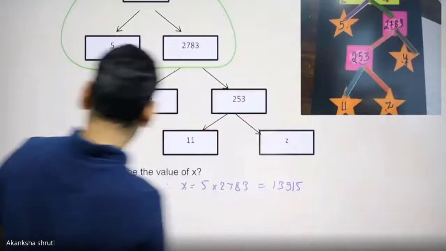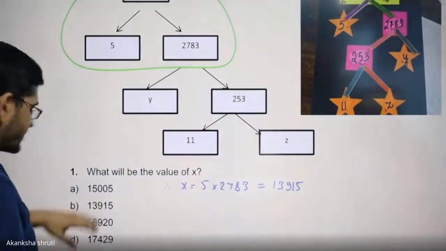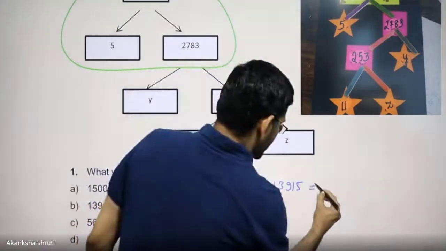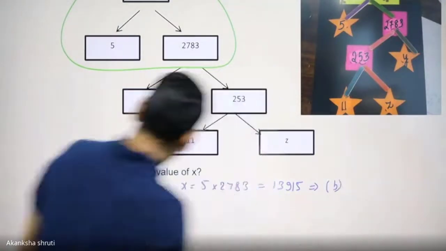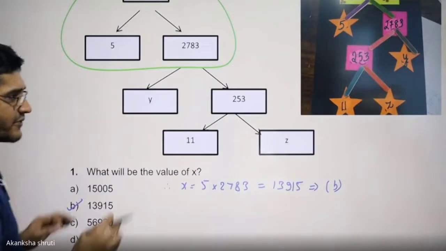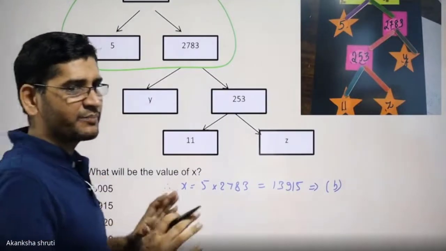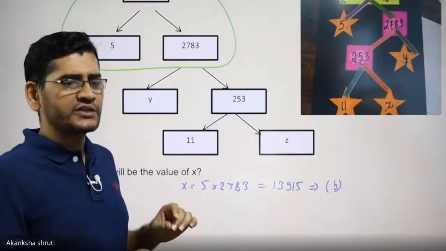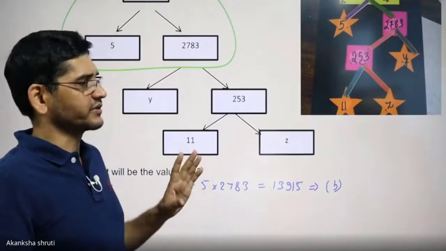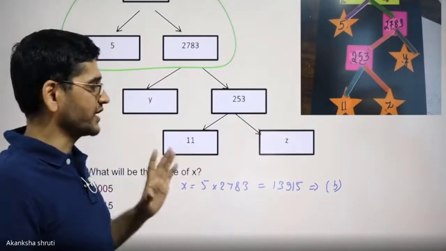13915. It is matching with our option B. So therefore, option B is correct. So questions are very interesting, students. जितने चीजें हमने पढ़े हैं अभी, आप एकदम किसी भी क्वेश्चन में आपको कोई डिफिकल्टी नहीं होगी मैथ्स में. Keep in mind, that is my challenge only.